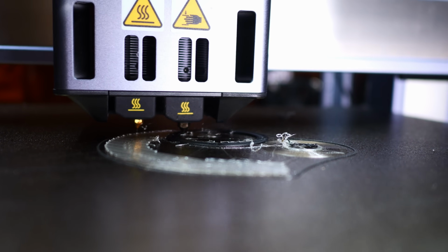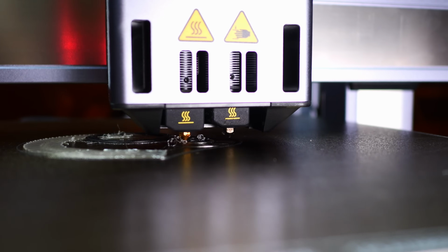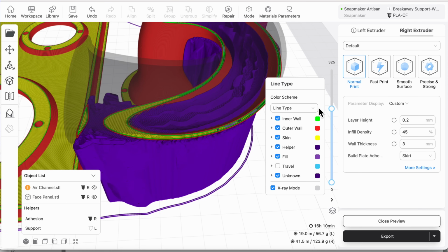Fortunately, the Snapmaker Artisan, released in 2022, mind you, is the first printer I've ever had with a rapid switching dual extrusion toolhead. What? You thought that was something new and innovative? And after some successful initial tests, I decided to play around with this feature and see how it could improve